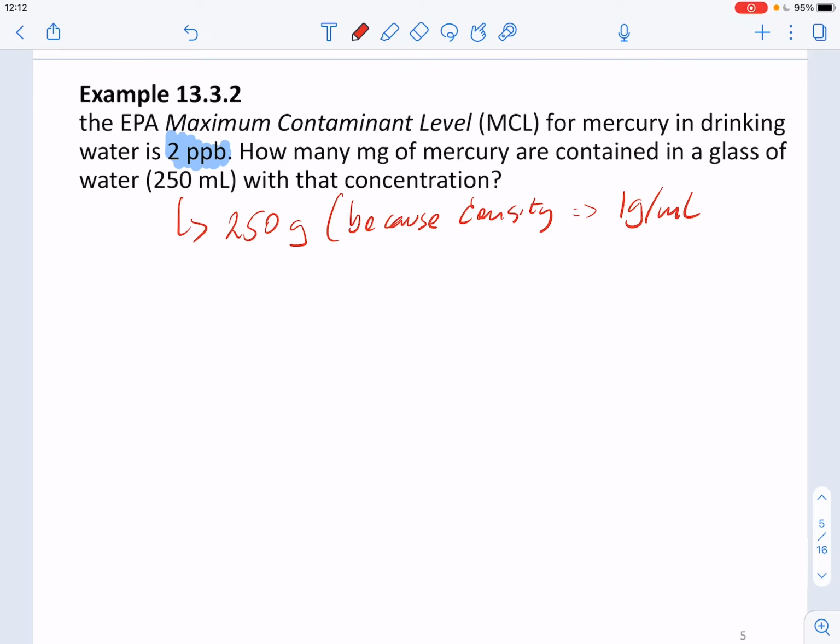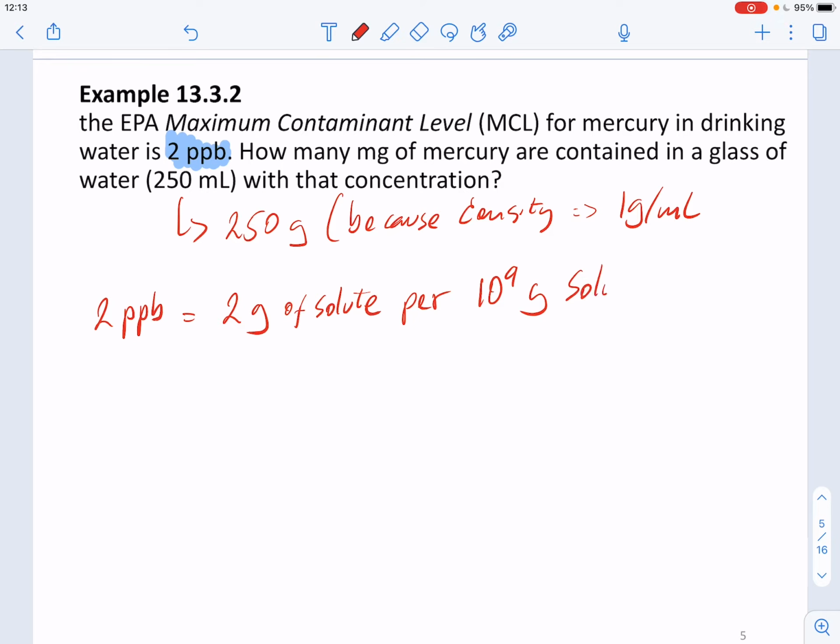Okay, so now this is 2 ppb, right? If we read this as we were reading the percentage, remember a percentage is how many grams per 100 grams of solution. In this case, it's how many grams of solute per billion grams of solution. So this is equal to 2 grams of solute per billion grams